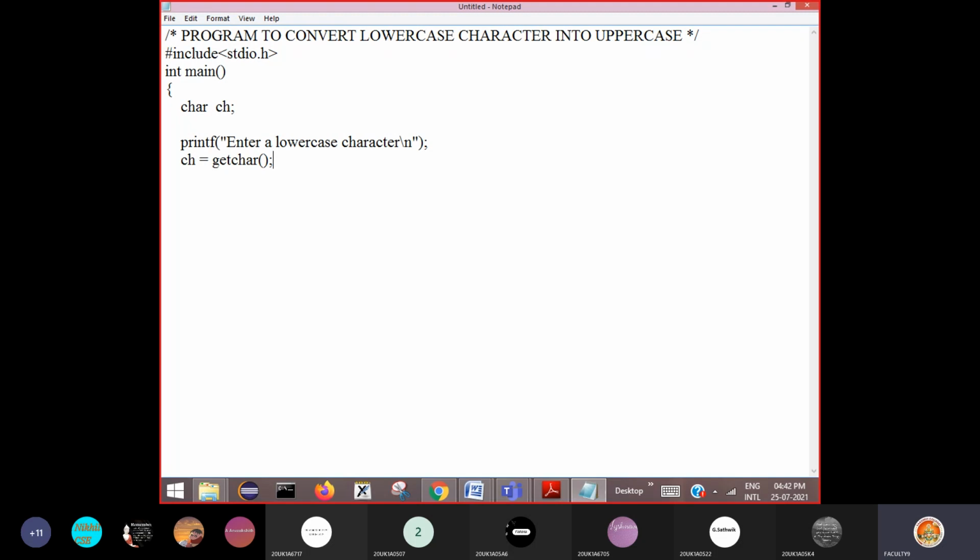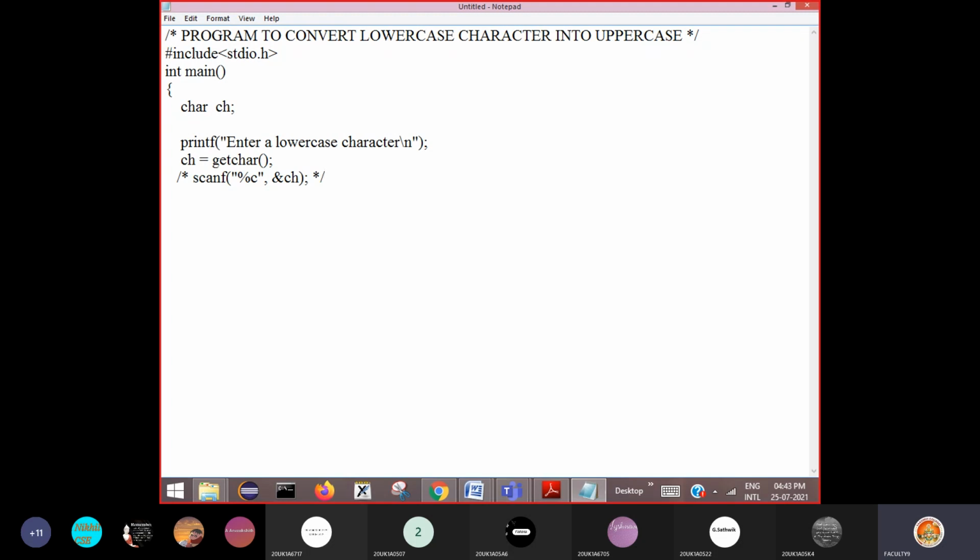What is the other way of reading a character? By using the scanf function. Here we need to use the format specifier %c, comma, address of ch, to store the character into the variable called ch. This way we can write a scanf function.